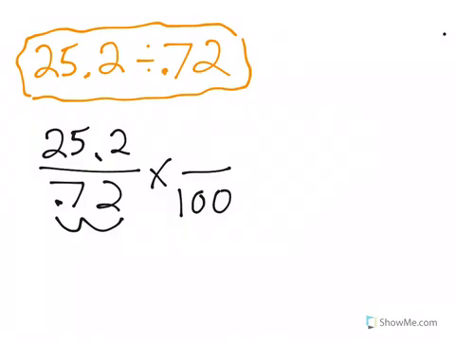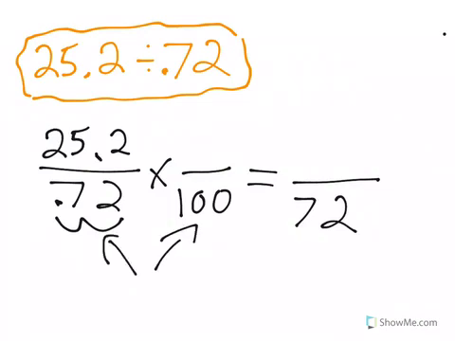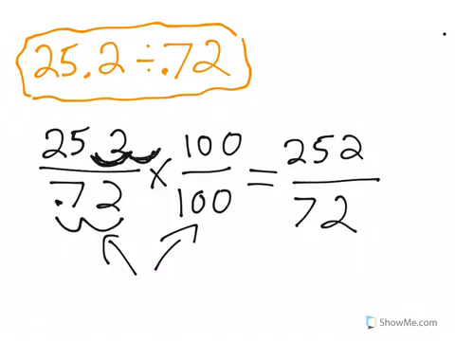That's going to give us 0.72 times 100. Move the decimal twice. That's going to give us our new denominator of 72. Since we're multiplying the denominator by 100, we've got to do the same thing up top, so we also have to multiply the numerator by 100. That means we're going to move the decimal twice to the right. That gives us 252, but that's only if we move it once. We're actually moving it twice, so we have to add a 0, so that gives us